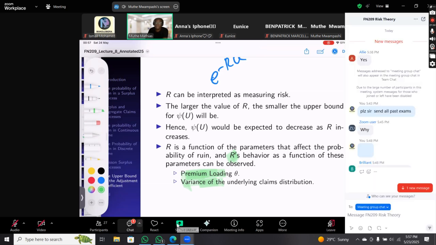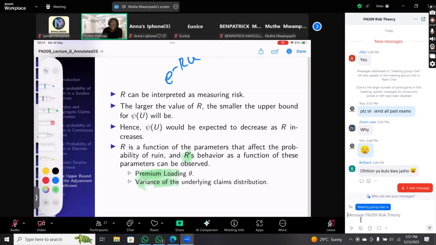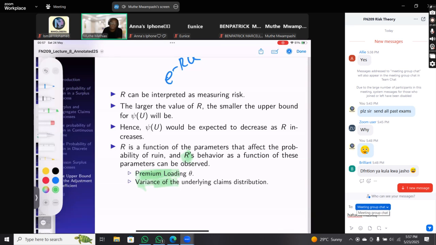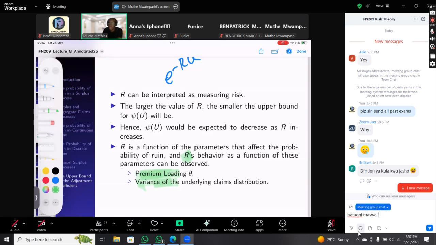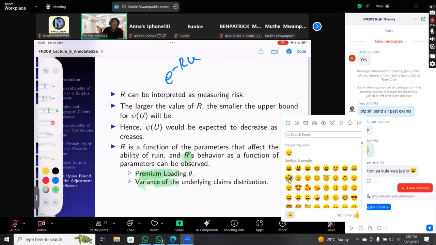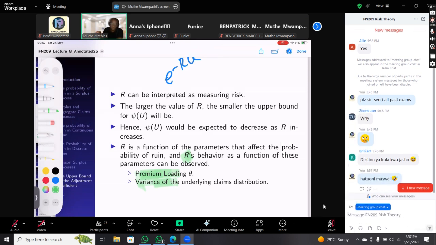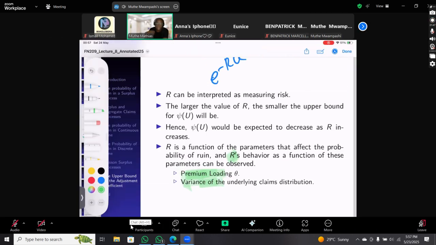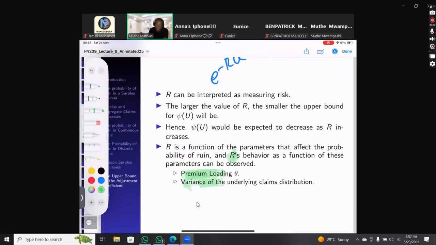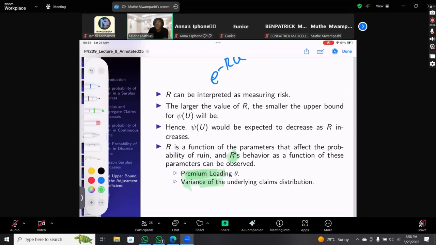So there are factors that affect the size of this. This is the probability of ruin, right? It does not matter because it's simply the probability of ruin. This is the ultimate ruin, but it's bounded, right? We discussed this on Wednesday. But we are saying you can have, let's say, the premiums, or maybe the cost, you can have things like that, right? So the question was, briefly explain for each factor what happens to this one when the factor increases.